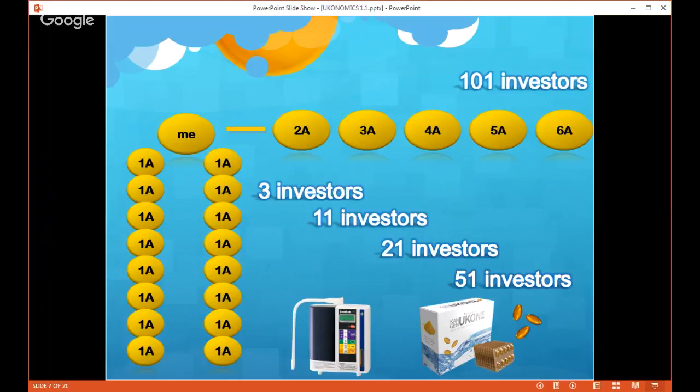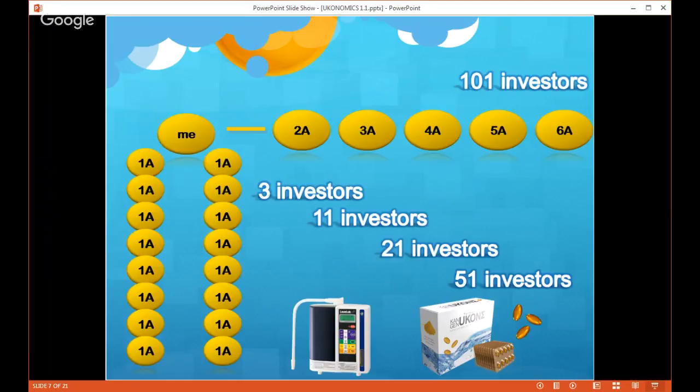Now, before we move on, I would like to let you know that this is total sales. Let's understand direct sales and indirect sales. Direct sales, first of all, is people that you put right underneath you, people that you sponsor. Indirect sales are people that you sponsored, brought in investors. So total sales.